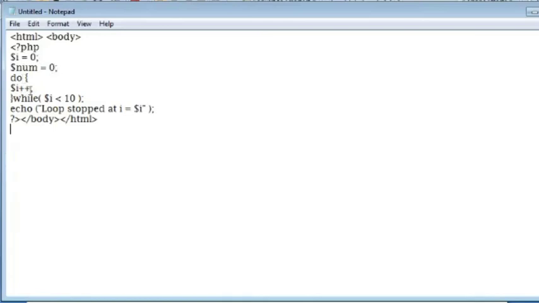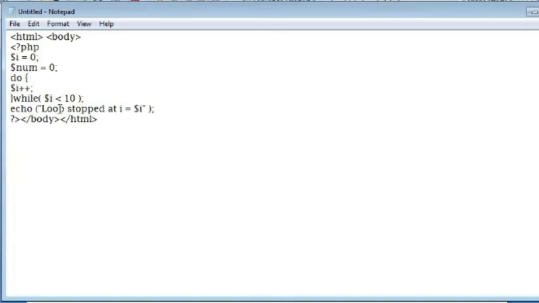Do, increment your I, and while I is less than 10. That means it is pre-incremented first. It checks while 0 is less than 10. The condition is true, so it repeats, I is incremented, and it enters again, until the condition is false.